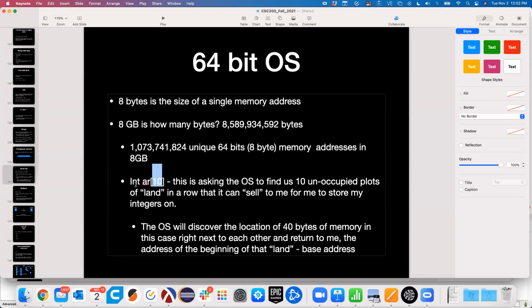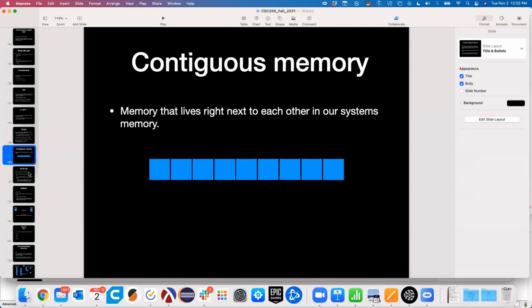I'm just telling you that's what an integer is in most languages. So you're asking the operating system, go find me 40 bytes next to each other. And then what that's going to bring you back